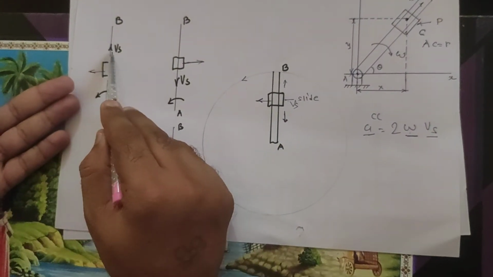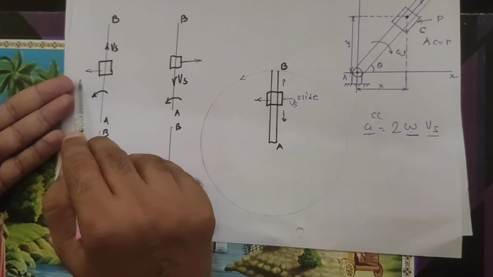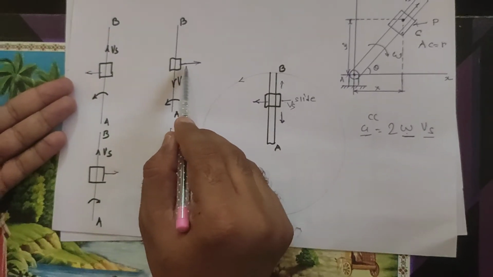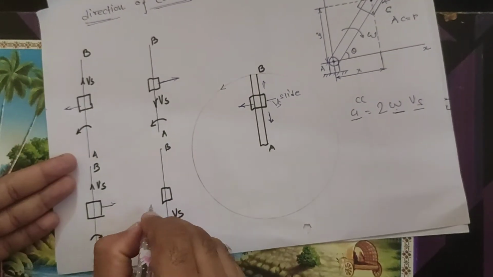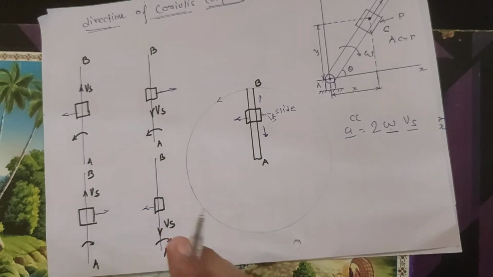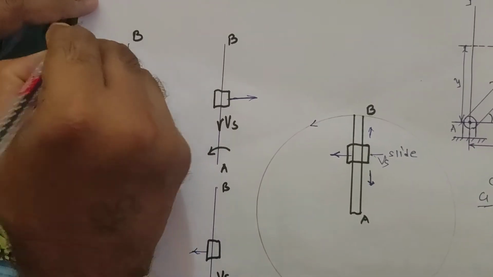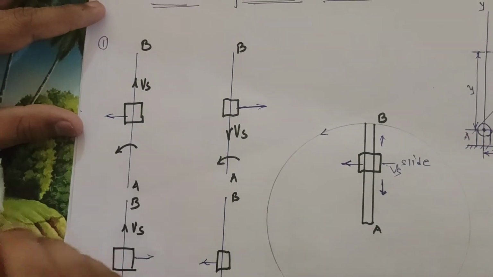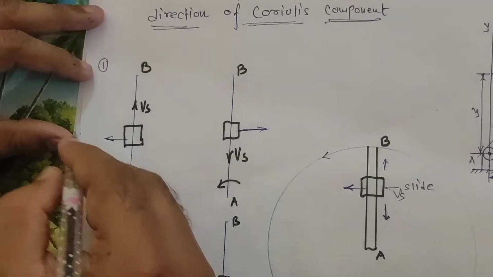So when it moves upward and clockwise, or anti-clockwise, it may be in this direction. In the same way, over here it is in another point, and this is the whole movement. So once again I have to write down 2 to 3 points for the simple understanding. First case: we have to see that the slider moves upward,